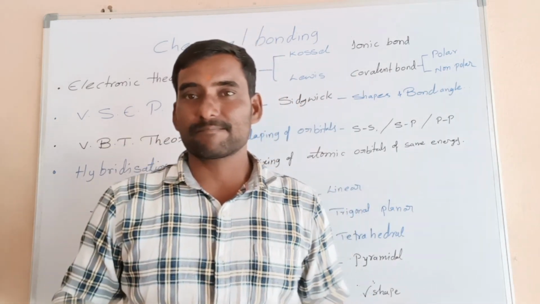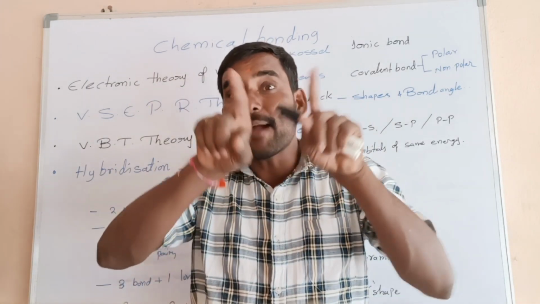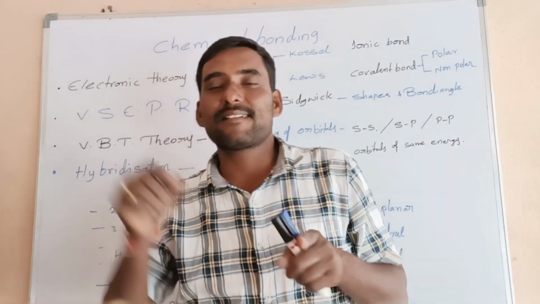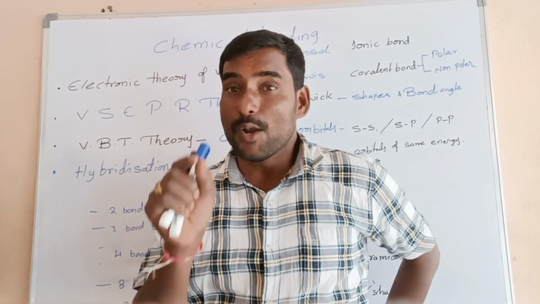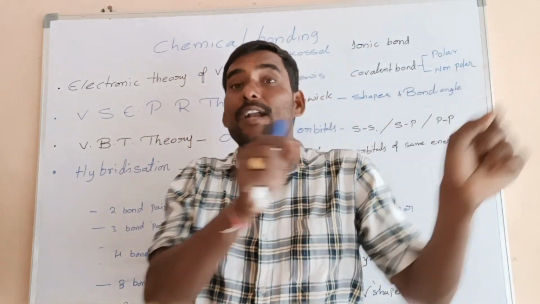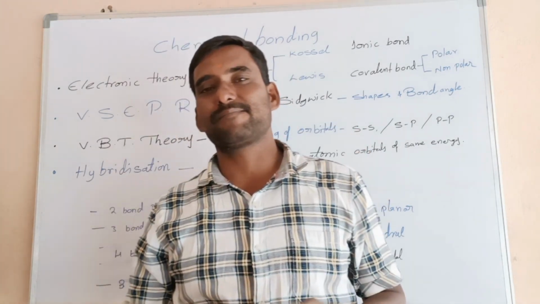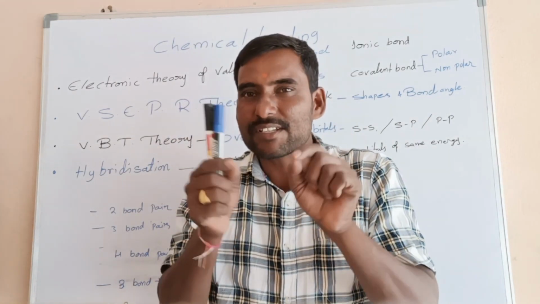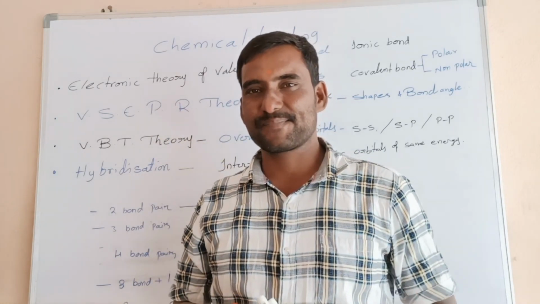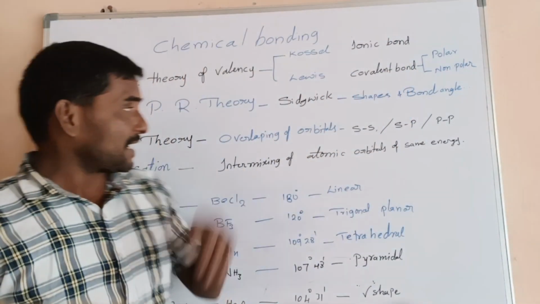He explained that a lone pair on an atom can occupy more space than a bond pair. Lone pair-lone pair repulsion is the greatest, then lone pair-bond pair repulsion, and bond pair-bond pair repulsion is the least. So the molecule's shape will change depending upon the lone pairs and bond pairs. For example, if you see here,